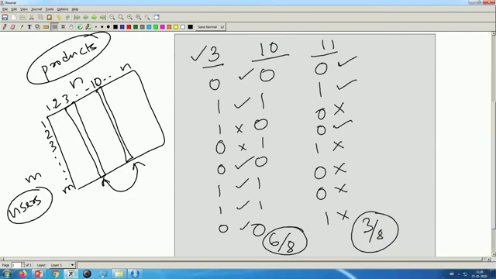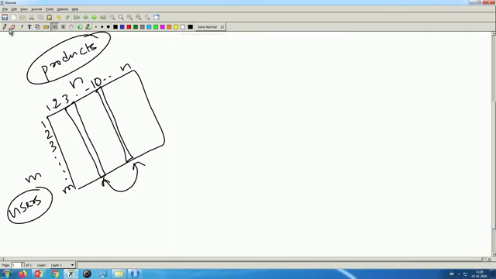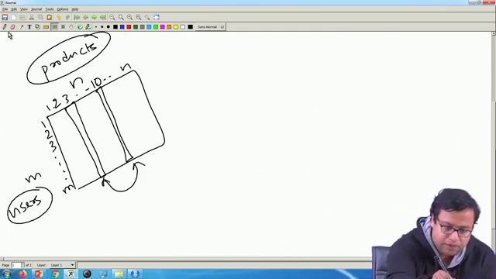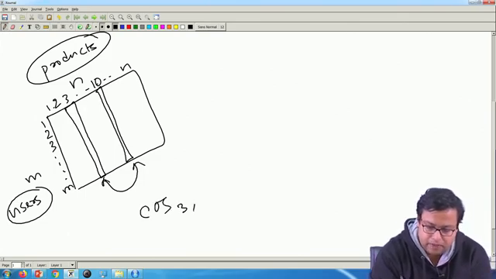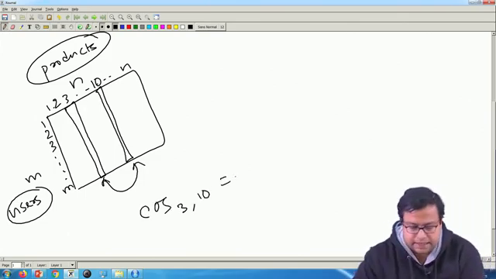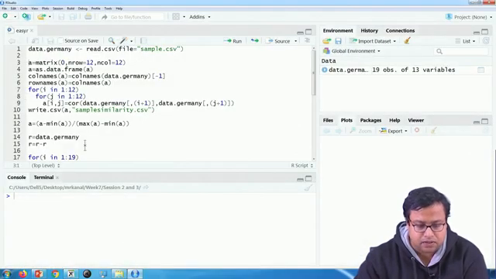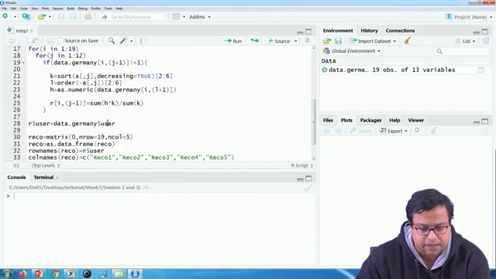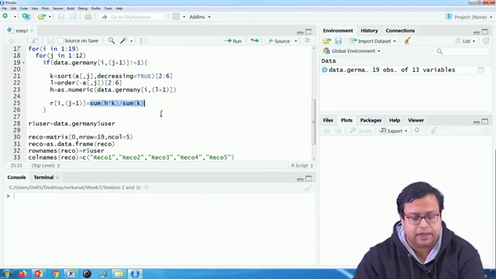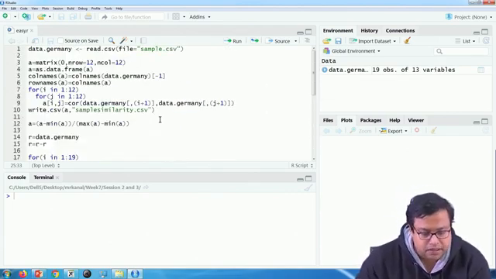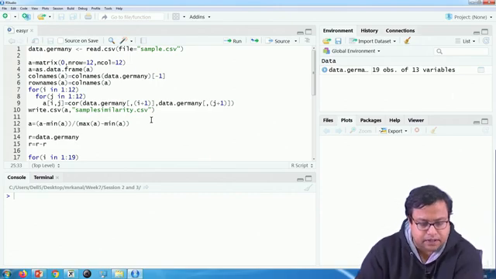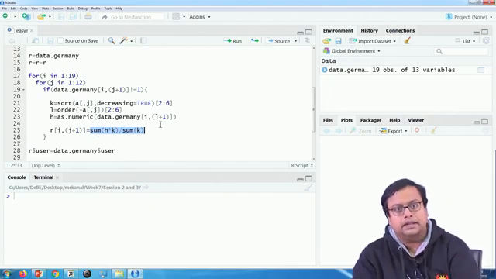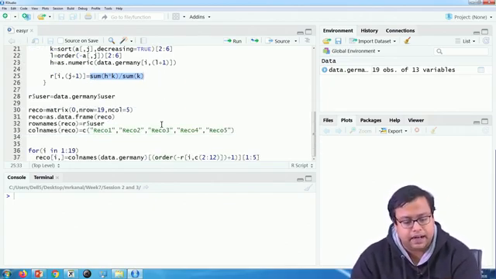Now, I will use the cosine matrix to do my calculations. The cosine of 3 comma 10 is basically, the formula is summation of x y. So, covariance. So, this is the formula that has been written. I will come to that in just 1 minute. Summation of h into k by summation of k. So, that is what we are trying to use. So, that is what I am trying to create as my cosine matrix, and then we will try to find